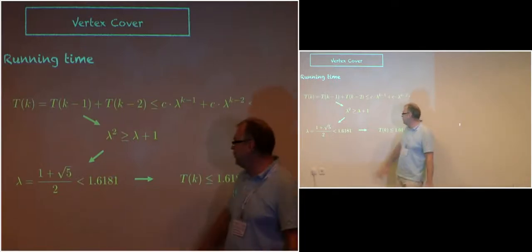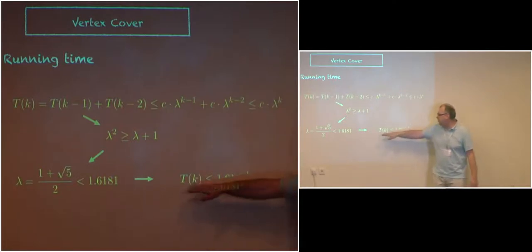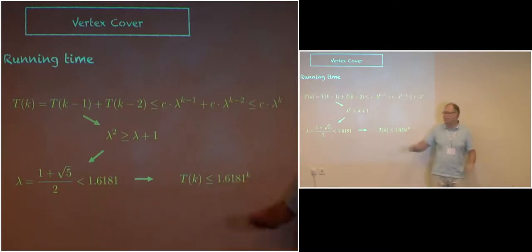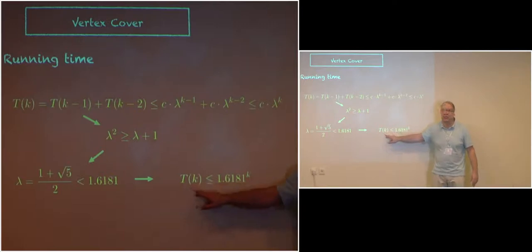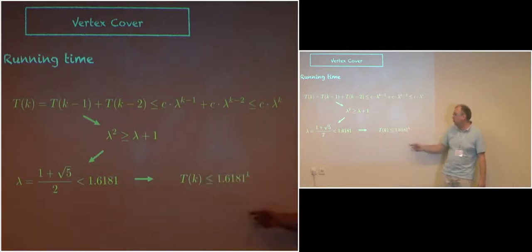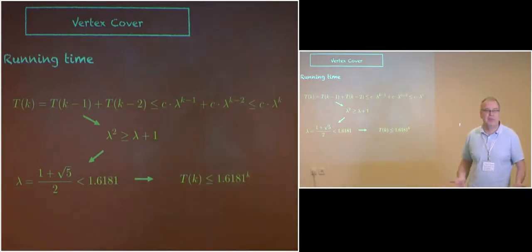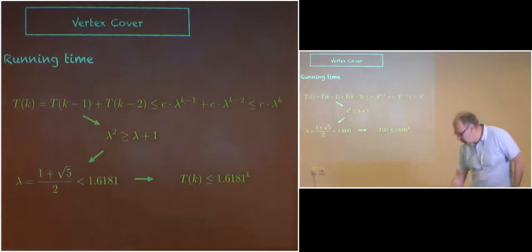Yes, and so basically this means that the running time of my algorithm. So not the running time. So the recursive function T of k is at most the golden ratio to the power k, right? Okay, but still, things were quite simple, so I almost did nothing, right? So, and obviously,